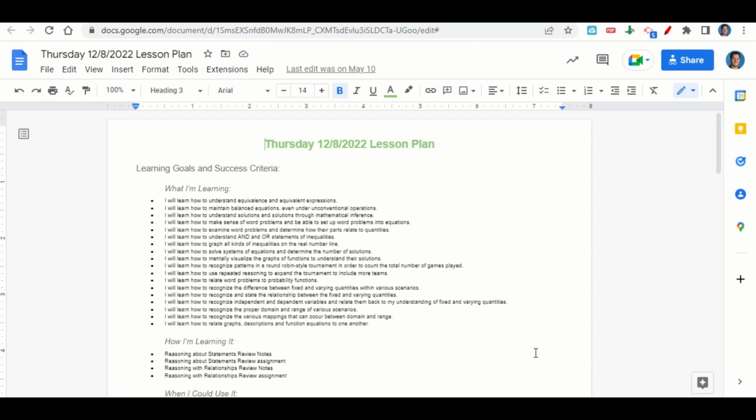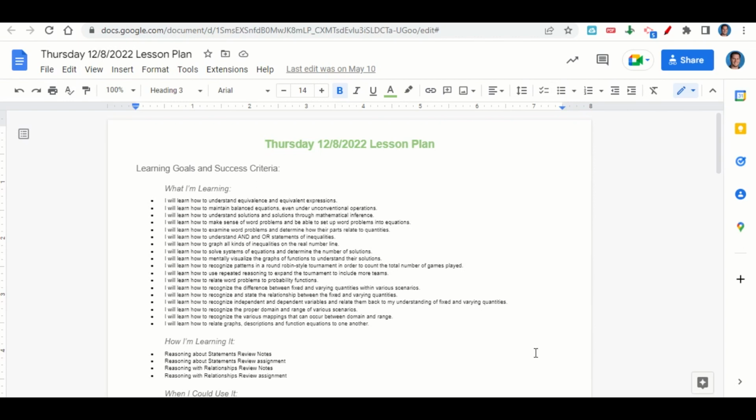understand solutions and solution sets through mathematical inference, to make sense of word problems and be able to set up word problems into equations, to examine word problems and determine how their parts relate to quantities, to understand and/or statements of inequalities, to graph all kinds of inequalities on the real number line, to solve systems of equations and determine the number of solutions, to mentally visualize the graphs of functions to understand their solutions, to recognize patterns in